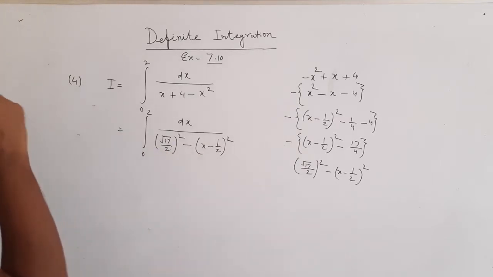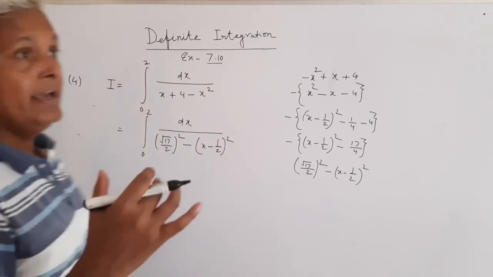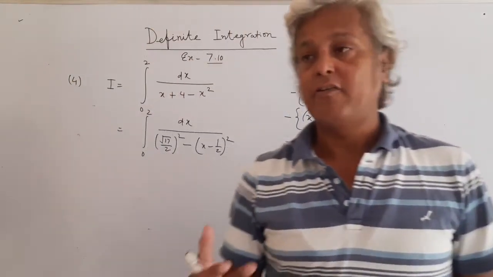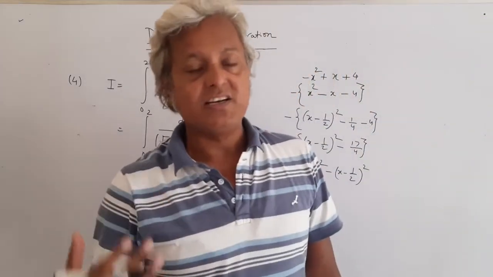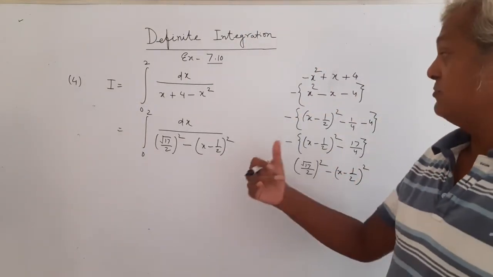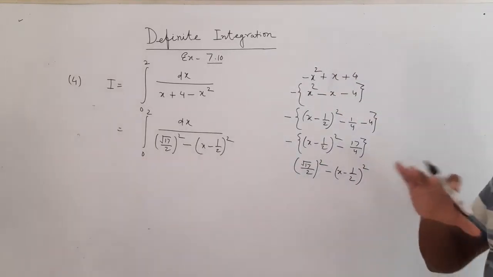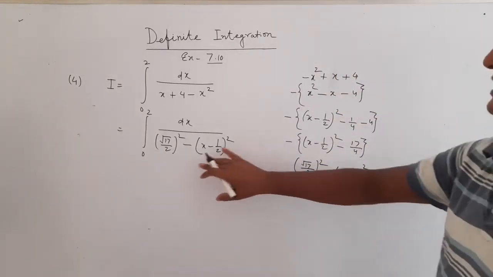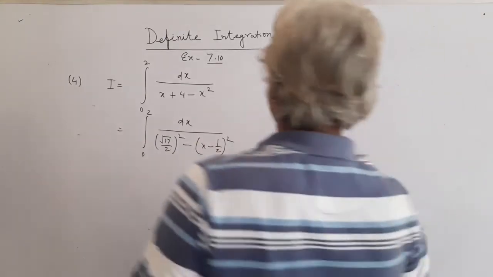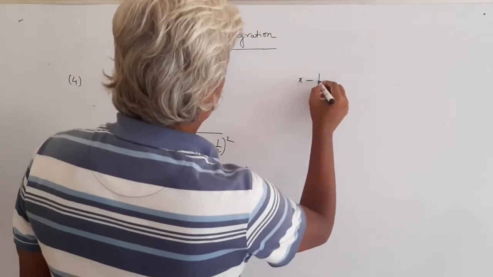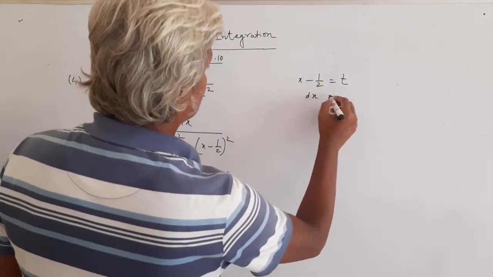But since we are discussing the idea of method of substitution in definite integration, whether we substitute these expressions from x to t, and then, just like in indefinite integration, we also need to return back to the original form in x, or should we use a different way? I say just use a different way, because when you are substituting, then the limit also will change accordingly. Now let me get rid of this part, this is not required anymore. So I write here x minus half as t. So dx automatically becomes dt, it's easy.